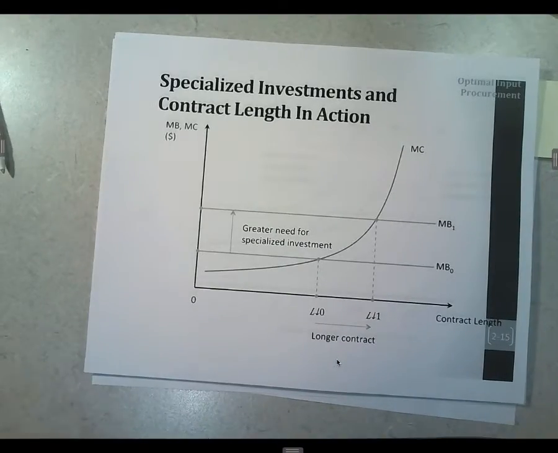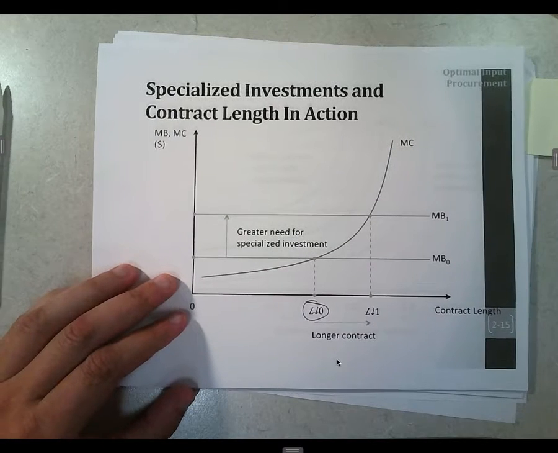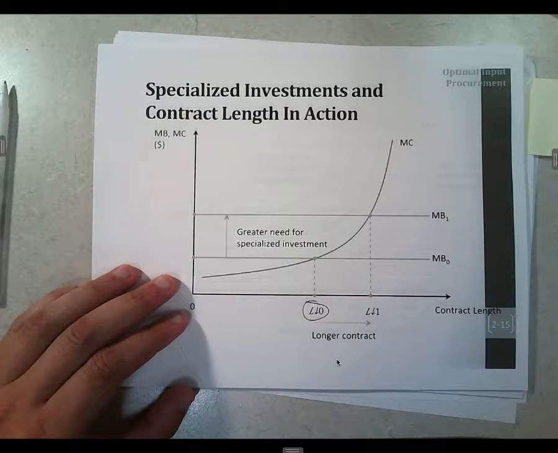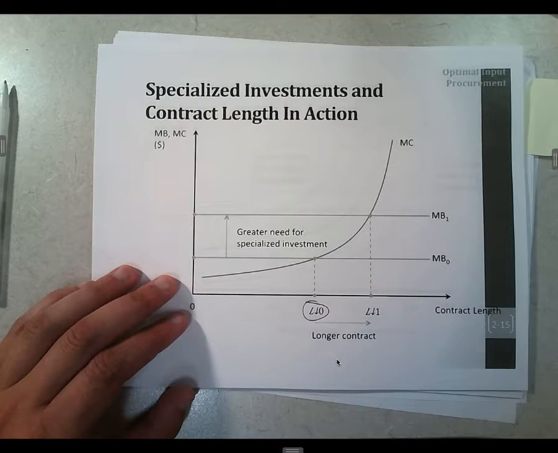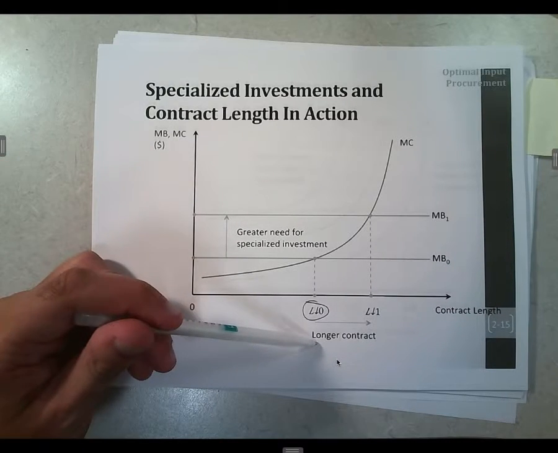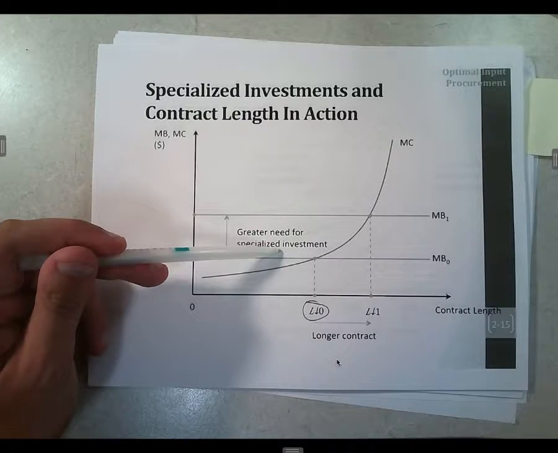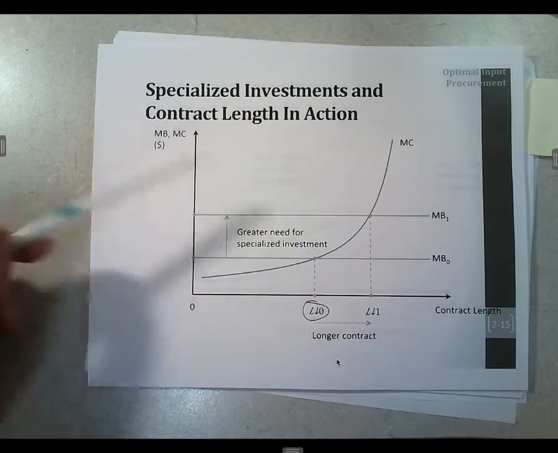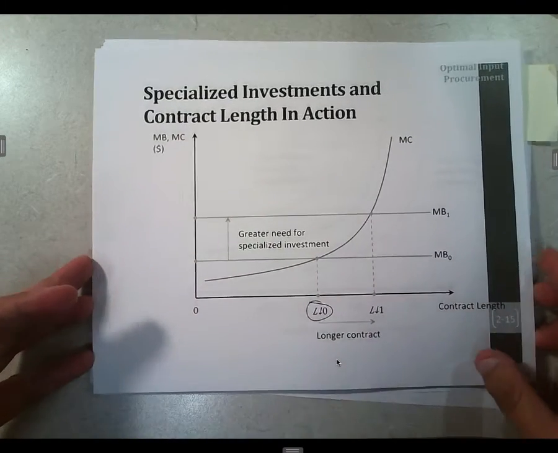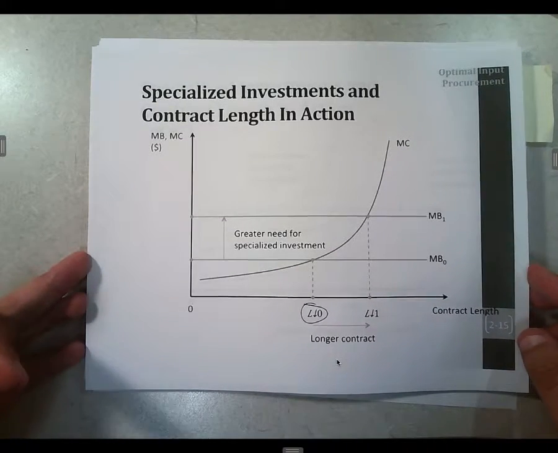And what you can see is that if you have a suboptimal length to your contract, then the problem would be that I didn't invest enough. I didn't invest enough, and I should have had a longer contract. The longer contract will get me that greater investment that I needed. That's part of the trick then to doing business well, is to get the correct length of the contract.